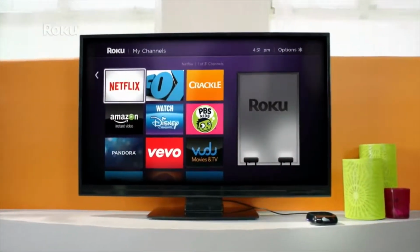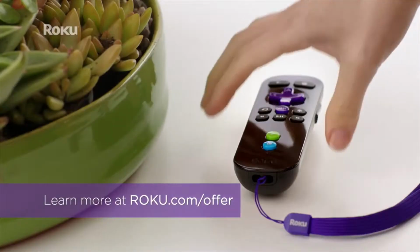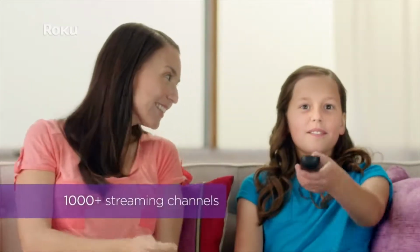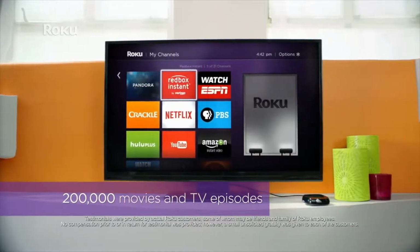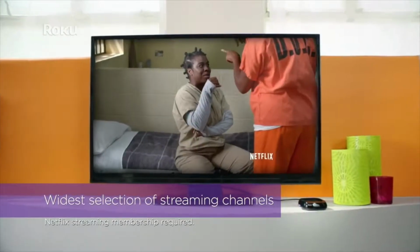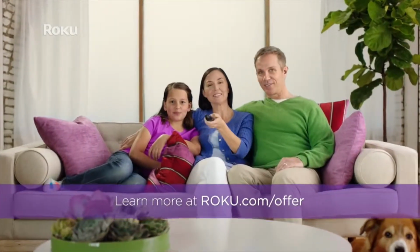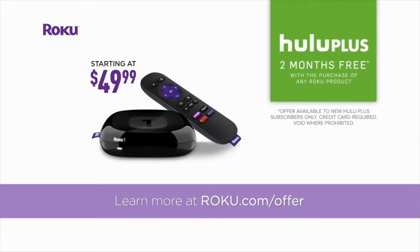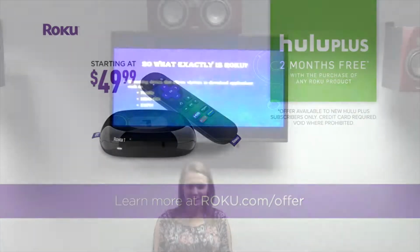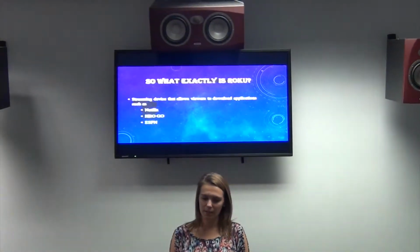Roku is the simplest way to stream entertainment to your TV the way you want. There's a box, there's a remote, and instantly you have access to over 1,000 channels. It's a much more cost-effective option for watching TV. The new Netflix shows they're producing now are really good. And if I can do it, anybody can. Starting at just $49.99 and get 2 months free Hulu Plus with any new Roku player. Go to Roku.com/offer. About Roku, it's a streaming device that allows viewers to download applications such as Netflix, HBO Go,